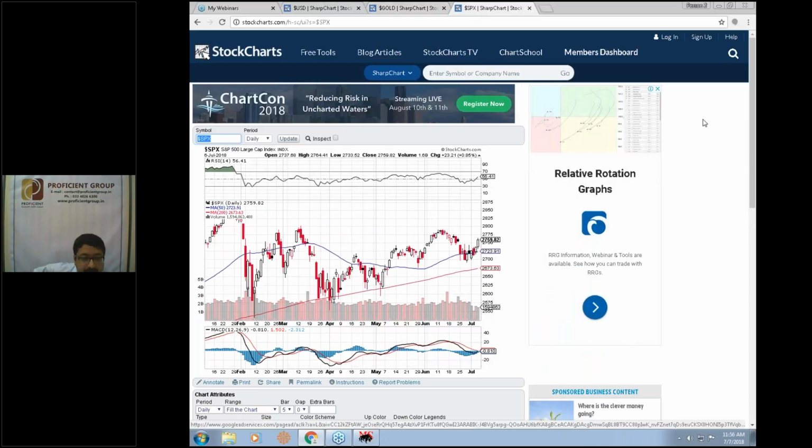Let me start with a view on the US market. As of yesterday, the S&P 500, which is the large cap index, got a big fillip and rose nearly 1% higher. It closed at the 2759 level. You can see the intermediate uptrend from the chart. Prices are now trading above both the 50-day and 200-day moving averages. On this chart, you can see the 50-day moving average as the blue line and the red line as the 200-day moving average.